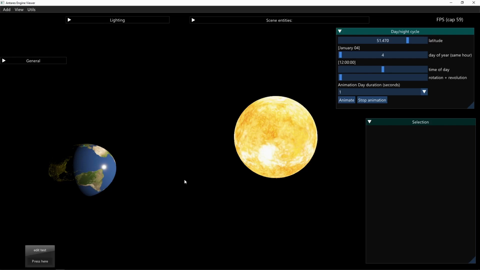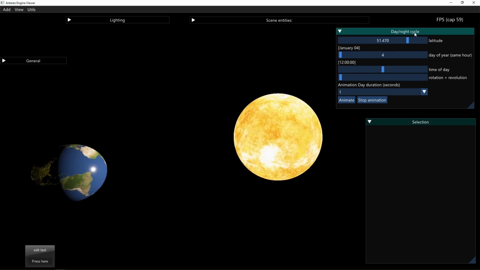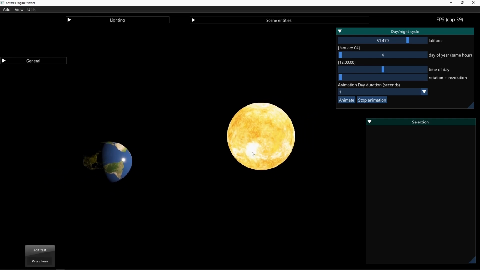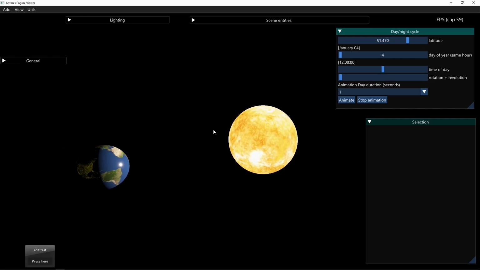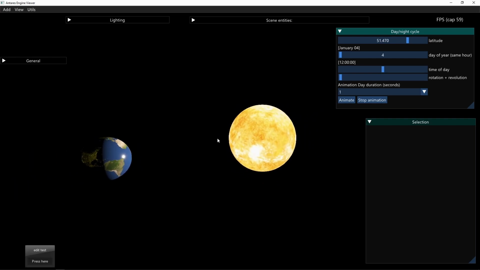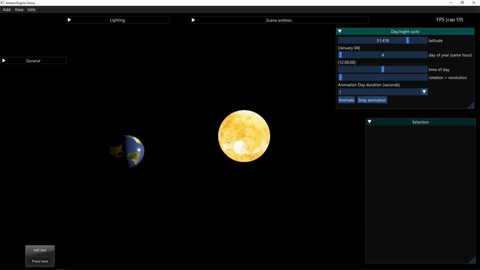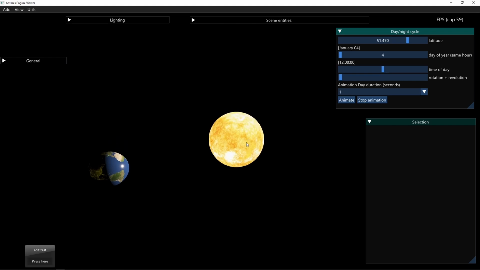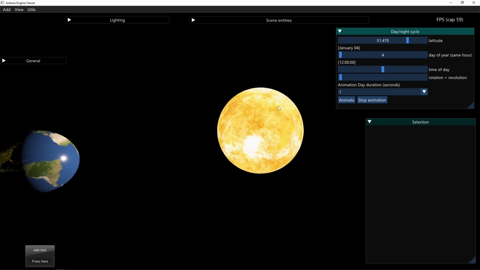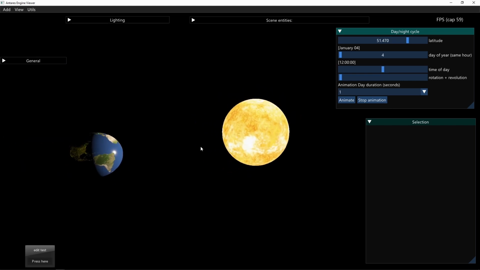Hello everybody, I'm doing some experiments with a day-night cycle inside my engine, and so I created this simple test scene to see if my calculations were somewhat correct. Of course it's just a simplification of a real system, but it's nice to see that some things act as expected. Here we can see a simple basic solar system where we have just the Earth and the Sun,